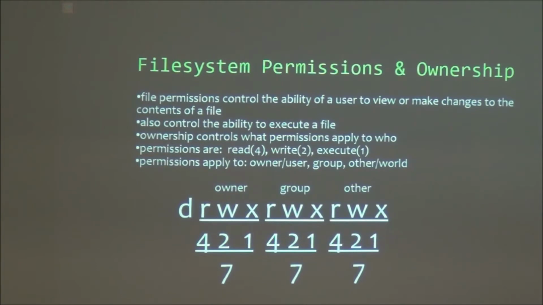The thing with that, I think I mentioned it earlier. If you want to share things with people in your same group, all you got to do is give them permissions. And only the people that are in your group are going to have access to that resource, that file, in this case. The last one, other, it means everybody else, the world. So unless you explicitly give permissions to everybody to use or to see the contents of your file or execute it, they're not going to be able to.